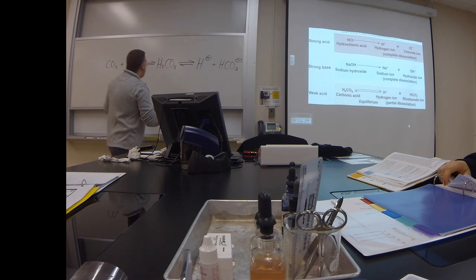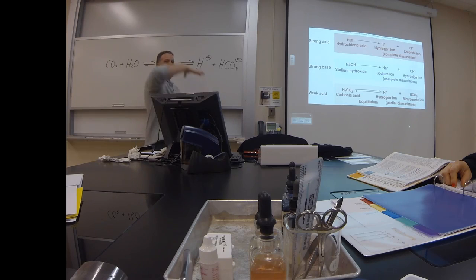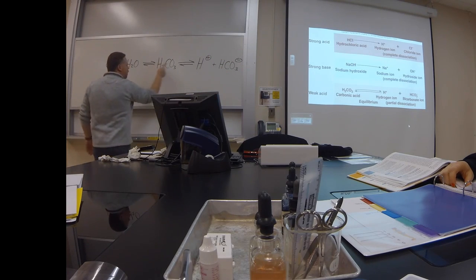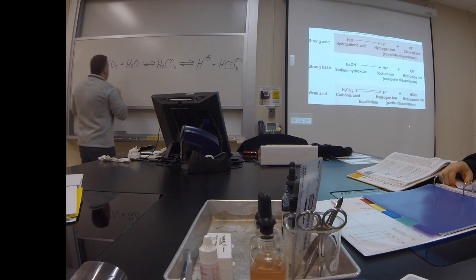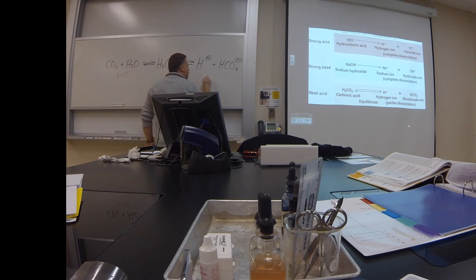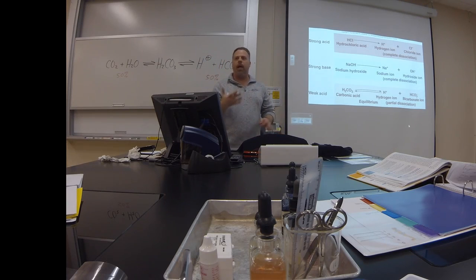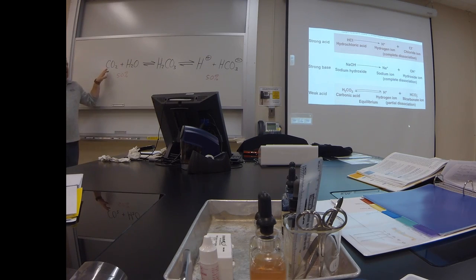Now, you're going to get 50% of this and 50% of this. It's like a teeter-totter, because the yield signs go both ways. So you're going to have 50% of the stuff here and 50% over here. That's why we call it a partial dissociation, not a complete one, because only 50% is over here. Now look what's going to happen here. Let's say